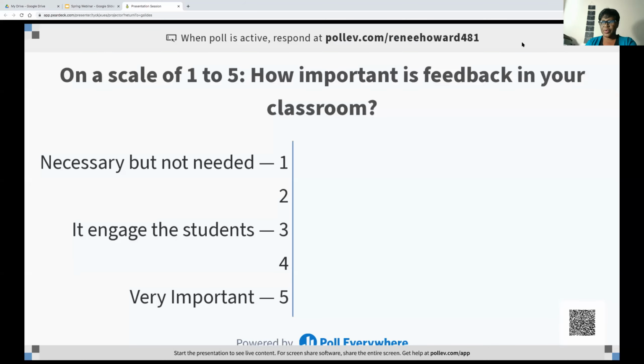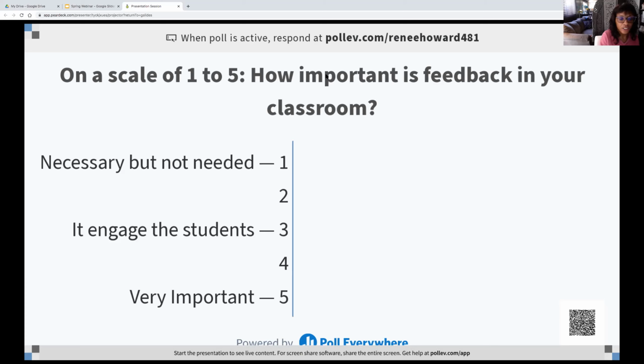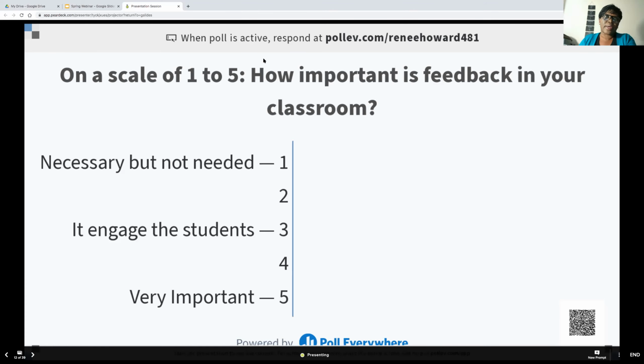I think we can use the barcode as well, Renee. Say that one more time, Joyce. I did not get you. Yeah, the barcode. Can we scan the barcode and respond through that? I'm confused, Joyce. I'm asking about the barcode on the screen. Yeah, we can. Oh, you're right, the QR code. I'm sorry. We can scan that as well.